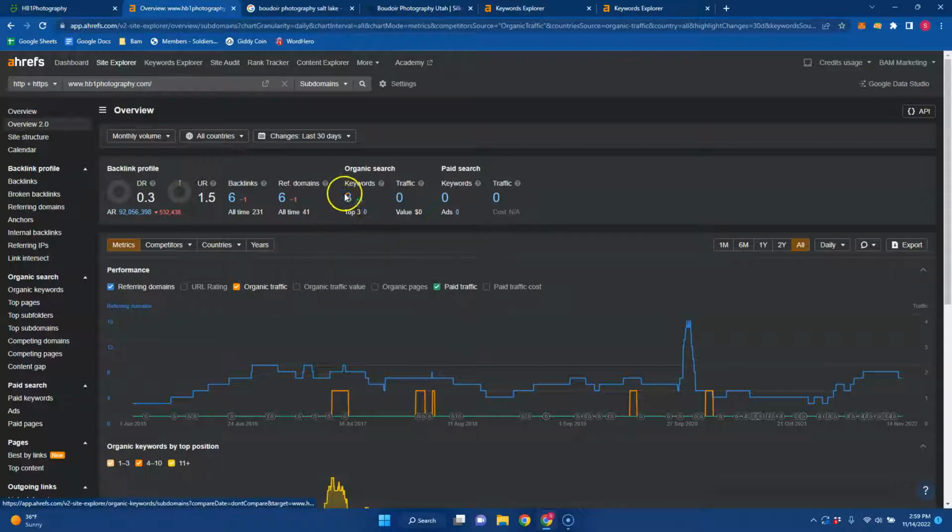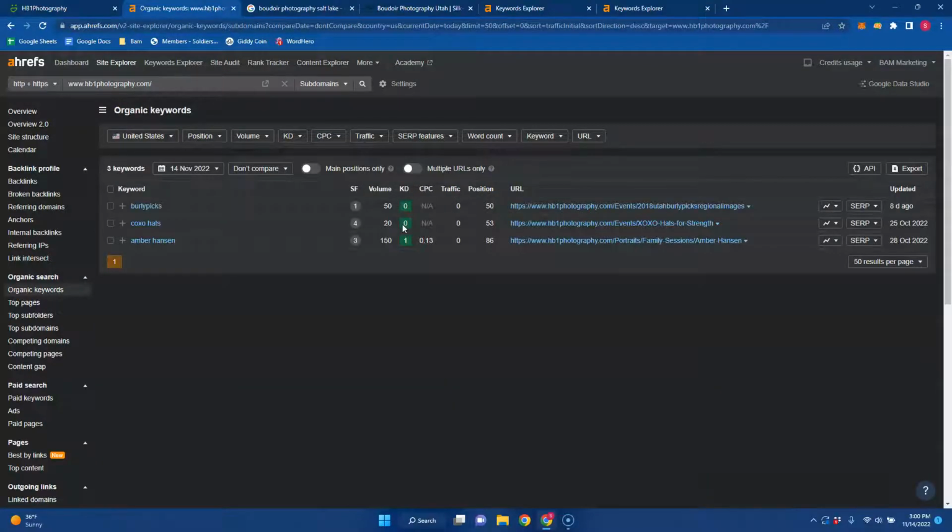And it looks like you're being indexed for 3 keywords and you're getting 0 people to your website each and every month. By implementing the strategies I'm talking about, your UR, DR, and traffic to your website should go up dramatically. And so if we look at some of the keywords that you're being indexed for, burly pics, amber hands, so all of these,